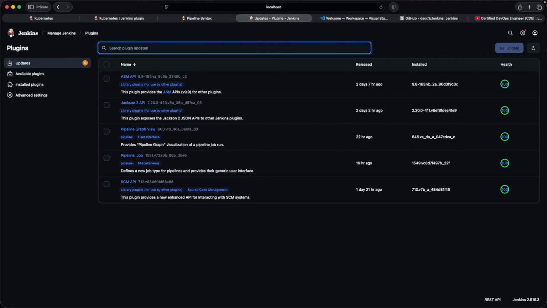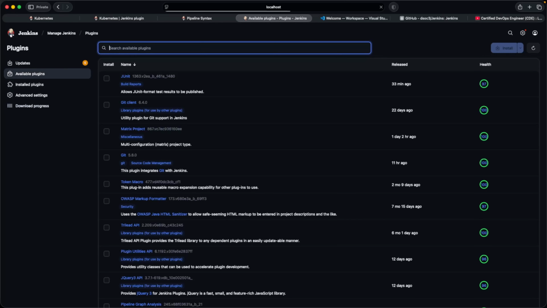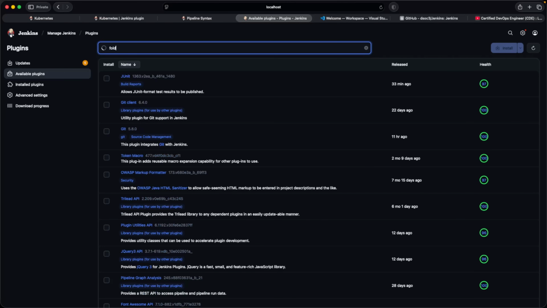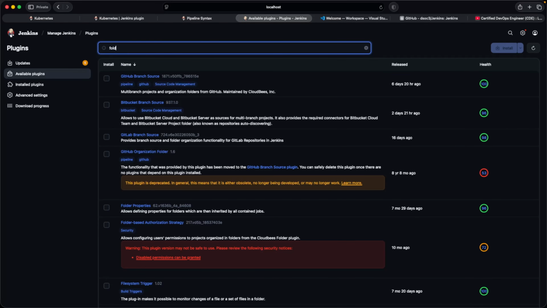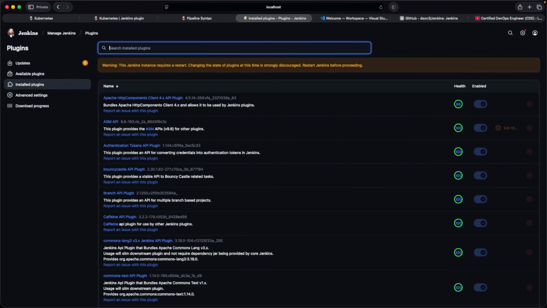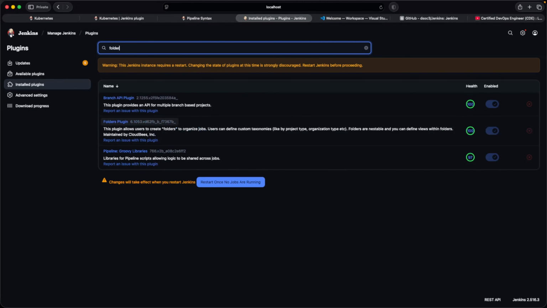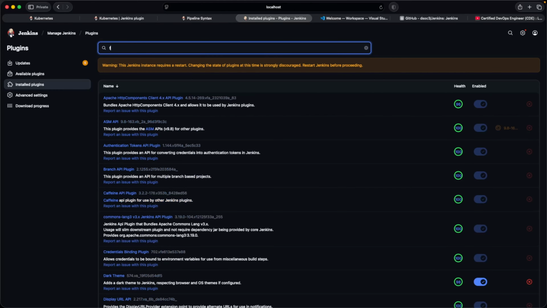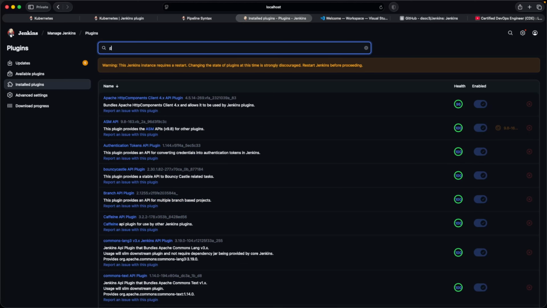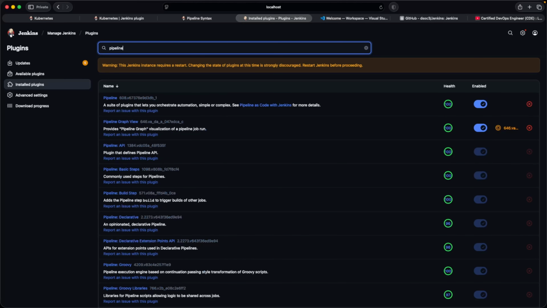Okay, so these are the plugins. It asked me for the updates. Okay, let's update this. And if I come over here, for the first plugin, the folder, I have used this one, folder. Okay, and which is already installed. Okay, so that's why I have to find this over here. This is the folder plugin. The second plugin I use is the pipeline. Okay, here we go. This is the pipeline plugin,